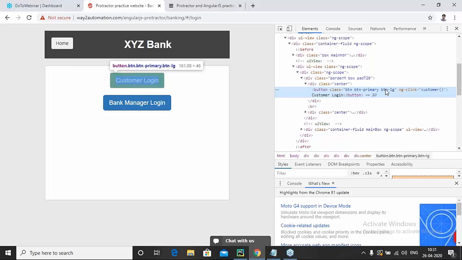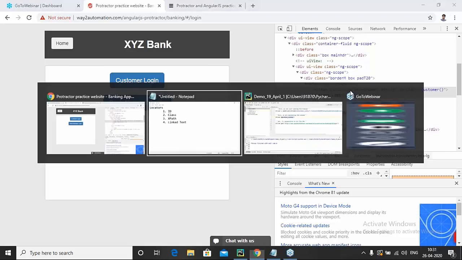In that case, duplication of elements happens. It means I'm not able to locate a unique element. At the end of the day, my main motive is to locate a unique element across the complete website. But if I use this class, there might be similar versions of itself, so in that case we do not use class.